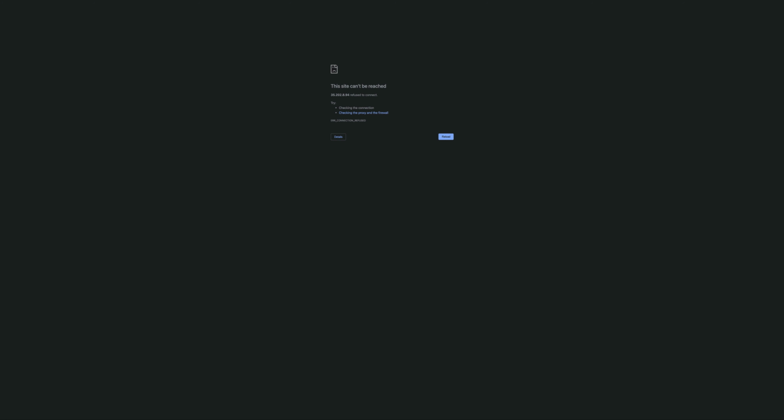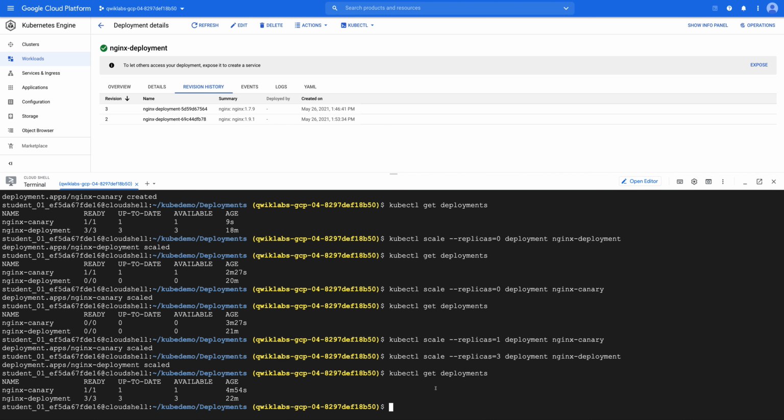If I go back and make a request, let's suppose it's not as simple as just an Nginx service running. We have two different versions of our deployment or pods running, and we do not want a user who is connected to one deployment to be switched back and forth to some other deployment. That is what we can achieve by using session affinity. To do that, let's go back to our service manifest and open it.